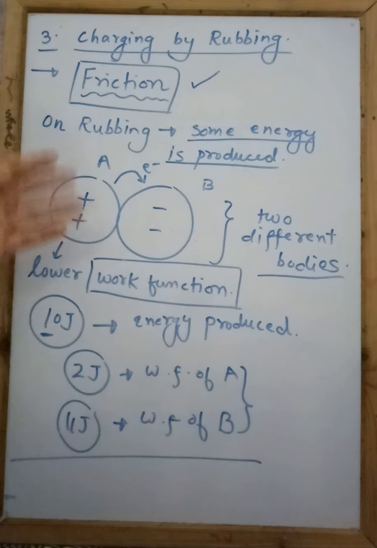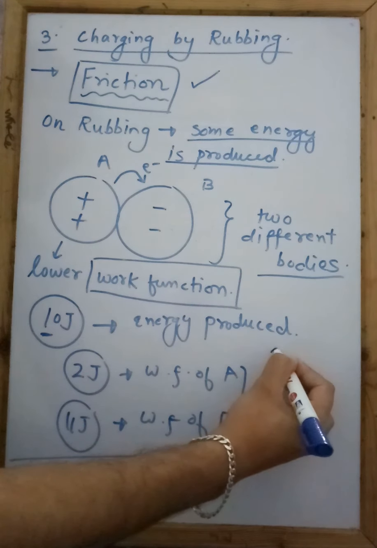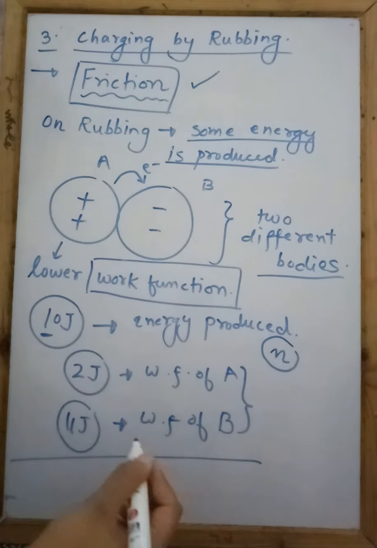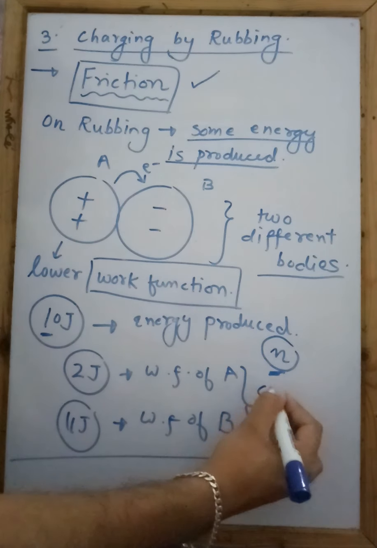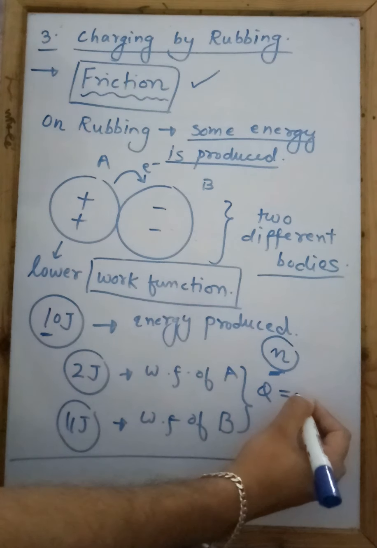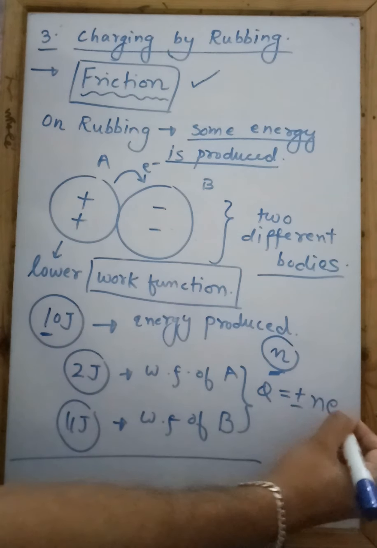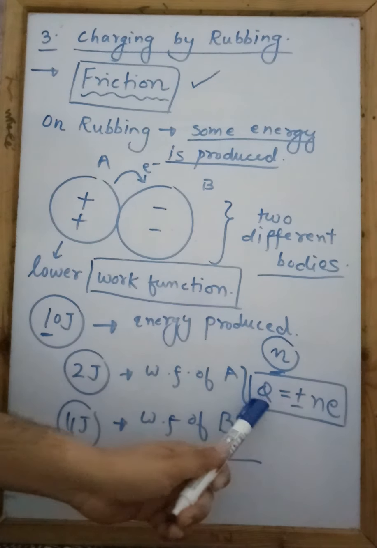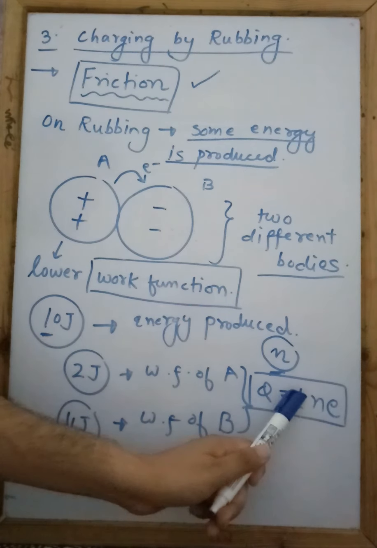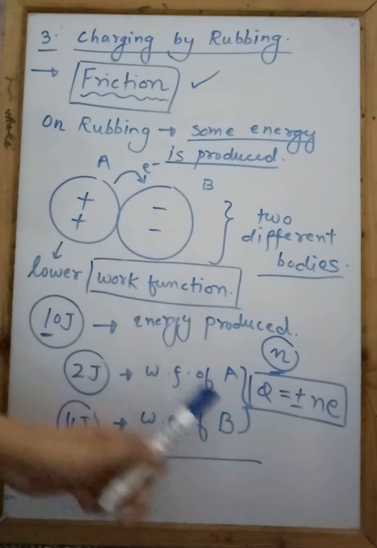गेन करेगा। And during this process, if n is the number of electrons transferred, मान लीजिए n हमारे नंबर ऑफ इलेक्ट्रॉन्स है जो ट्रांसफर हुए हैं, तो हमारा जो चार्ज आएगा दोनों बॉडीज पे वो आएगा ±Ne। ये हमने last video में देखा था principle of quantization। चार्ज जो आएगा वो आएगा ±Ne। +Ne आएगा जिसने इलेक्ट्रॉन लूज किए हैं और माइनस